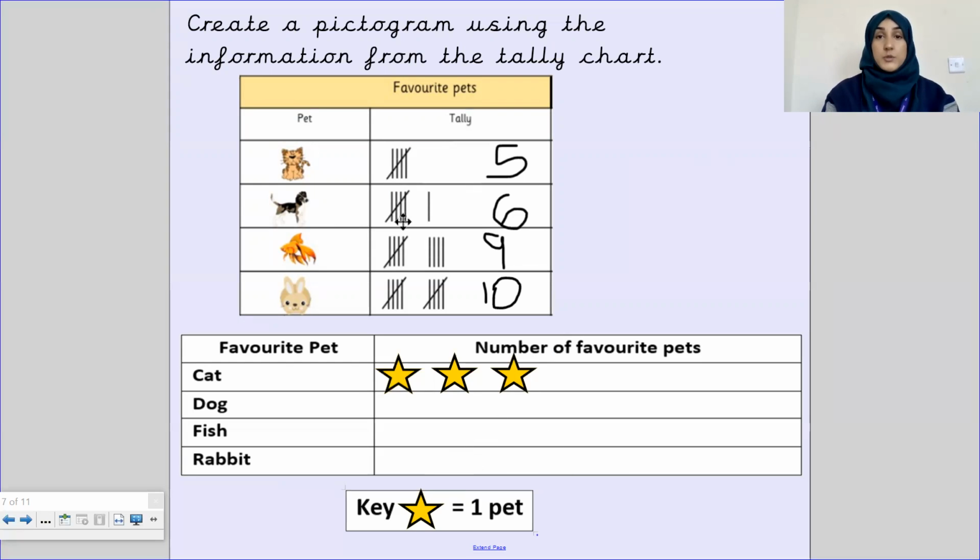How many? Oh, sorry. Oh, wait. Have I done something incorrect again? Can you help me, Morris class? Thank you. Okay, so this isn't the right information. This is showing me that there were only 3 cats, but the tally chart is saying that there were 5. So I need to add 2 more. So that's 4,